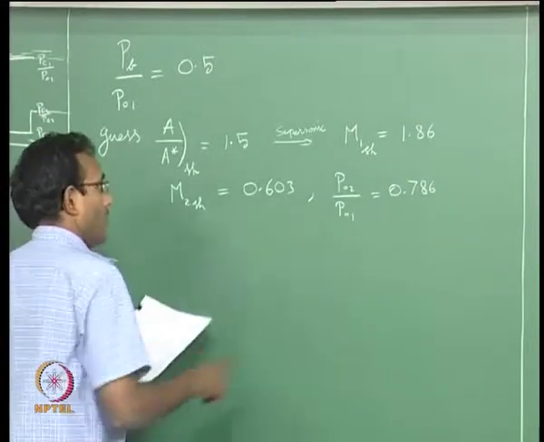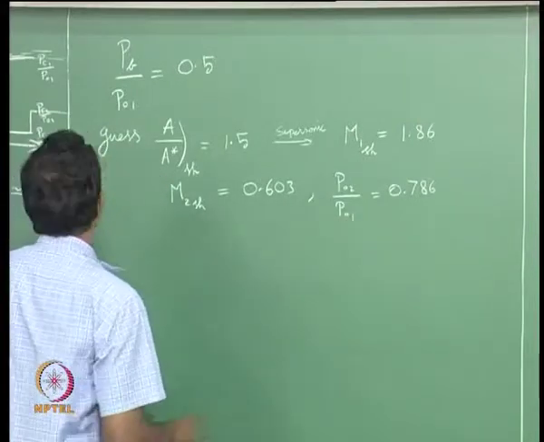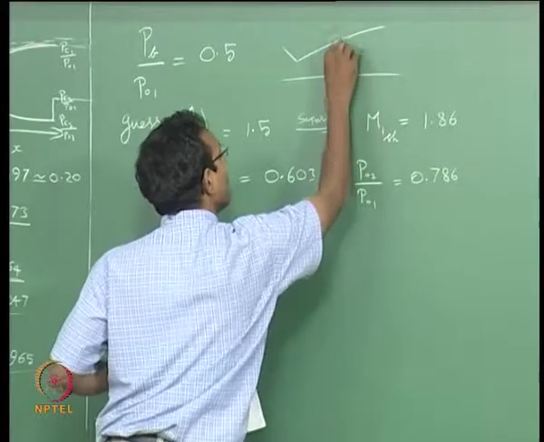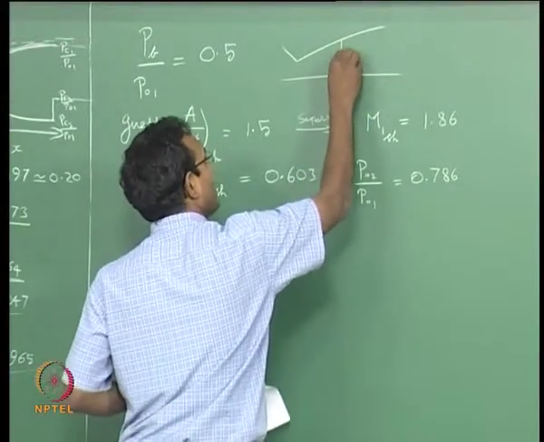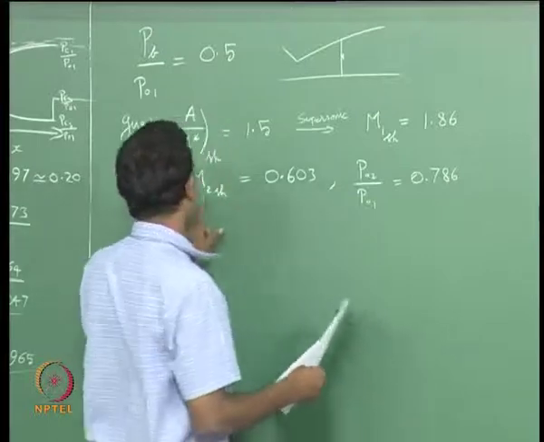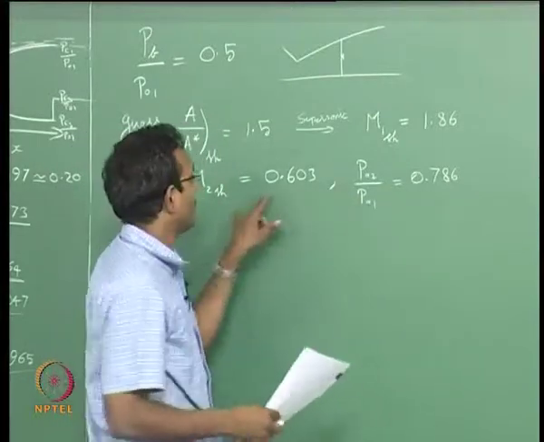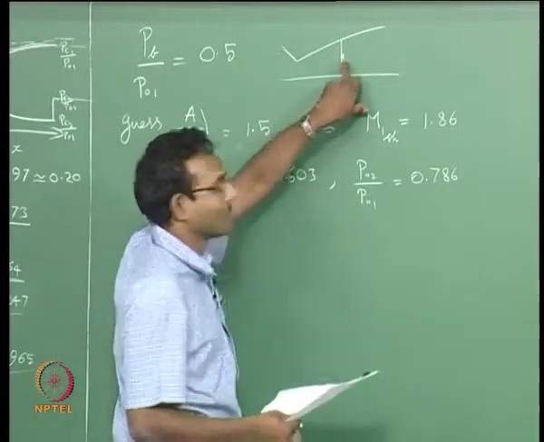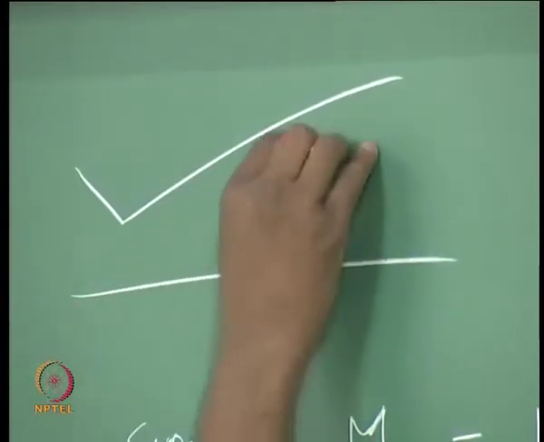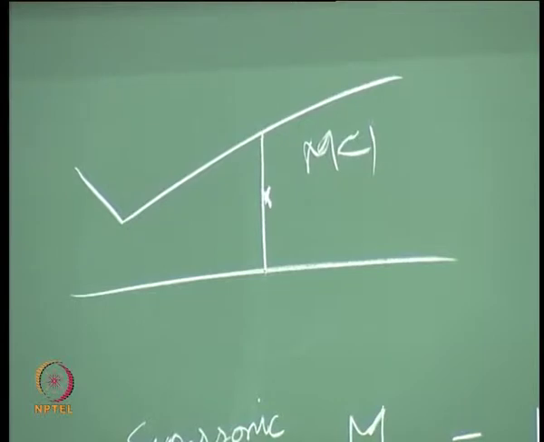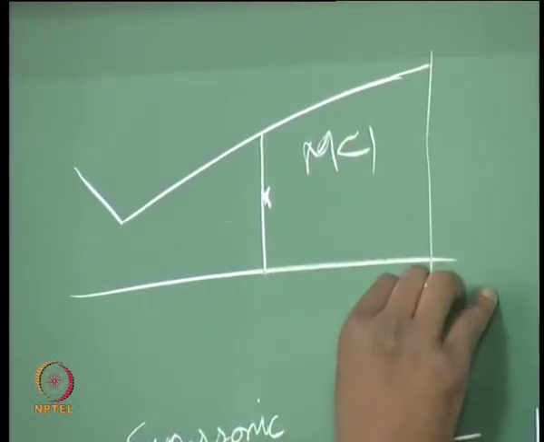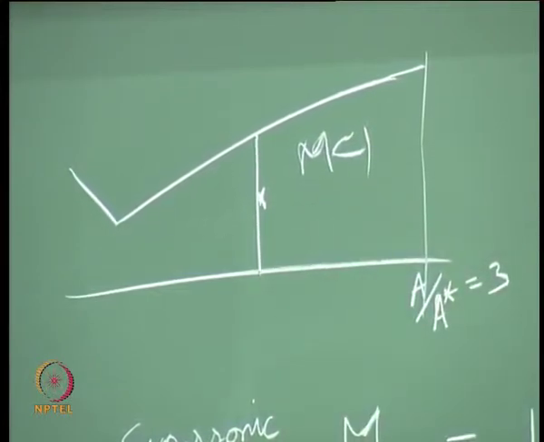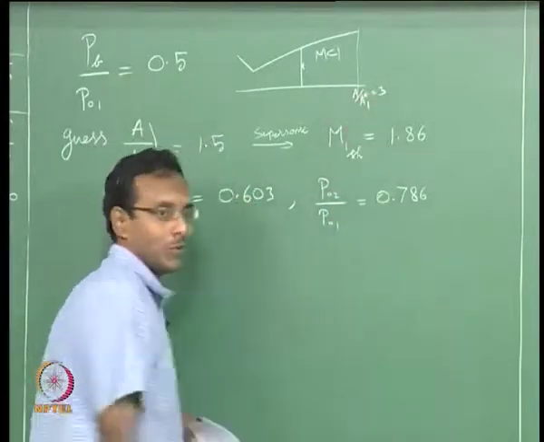Okay. Once I have this number, I will just draw the picture here, it is easier. I am currently located at this point, because I have calculated every property that I need. We know the T naught also, by the way, T naught 2 by T naught 1 is 1 in a shock. So I know every property at this location now, I have crossed the shock. Now I know that the solution here is subsonic, M less than 1. I have to go all the way to this exit whereby A by A star is equal to 3. Oh wait, be careful. A by A star 1 is equal to 3.